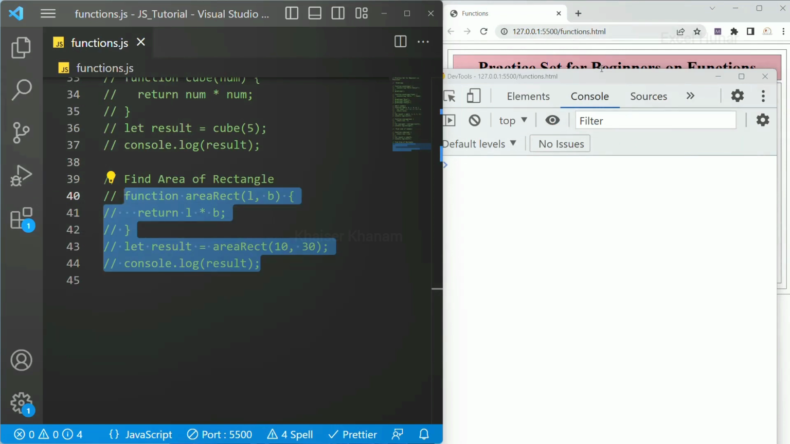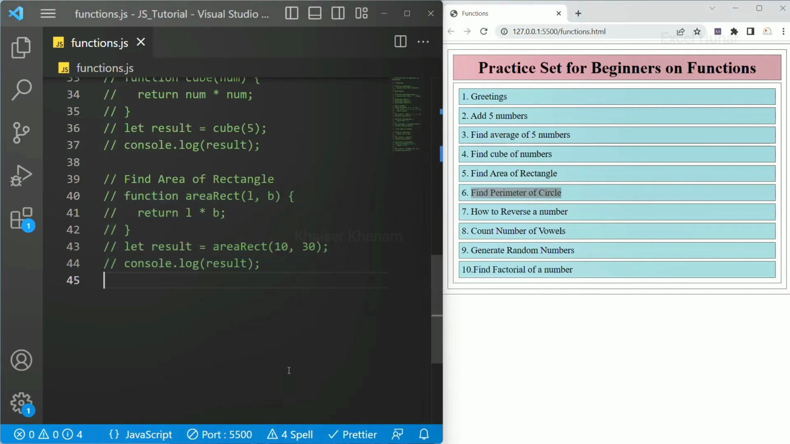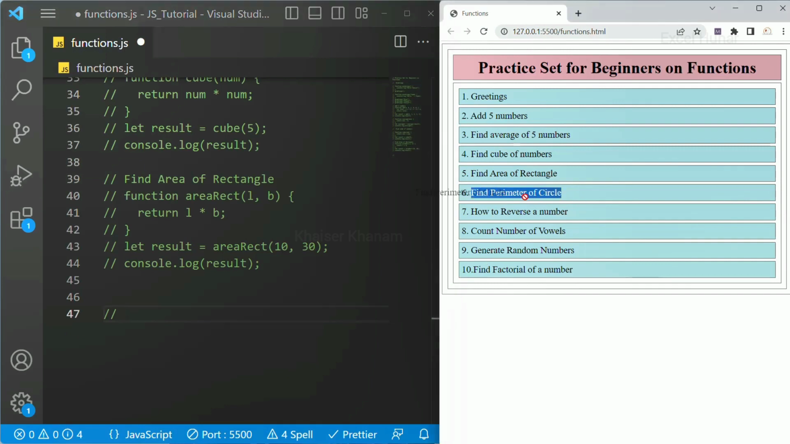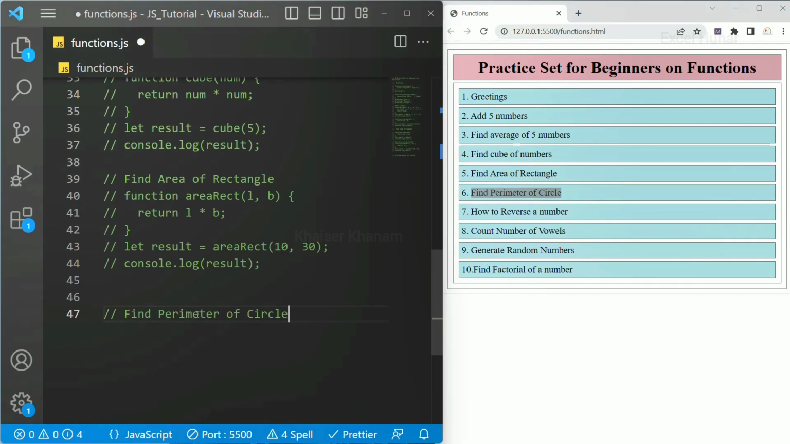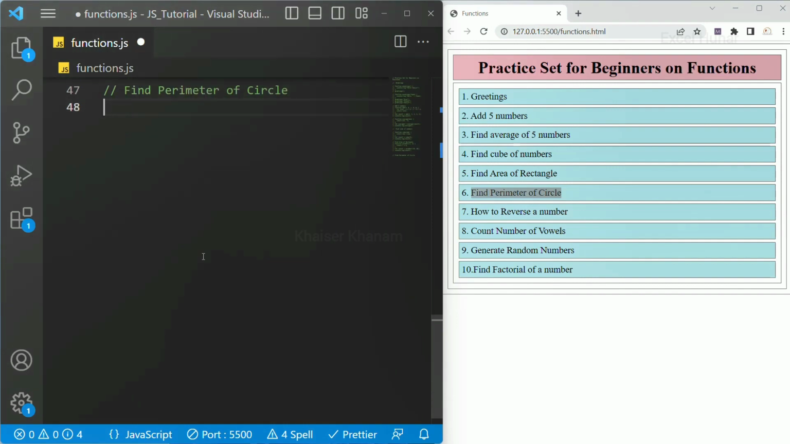Okay, these are the simple programs. If you practice, you will be more comfortable with functions. I will copy this. I will paste it here. Let me copy again. Paste. I will come down. Now this is to find the perimeter of circle. Perimeter of circle is nothing but 2 pi r. I will just write here function perimeter of circle,